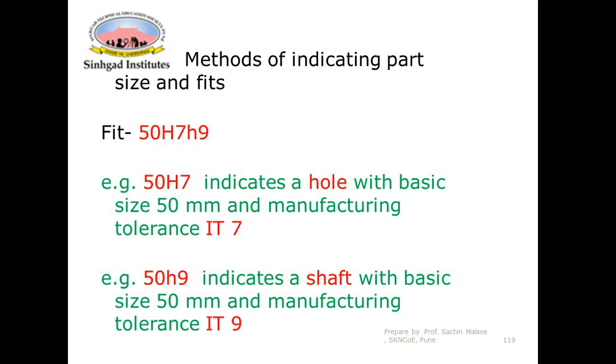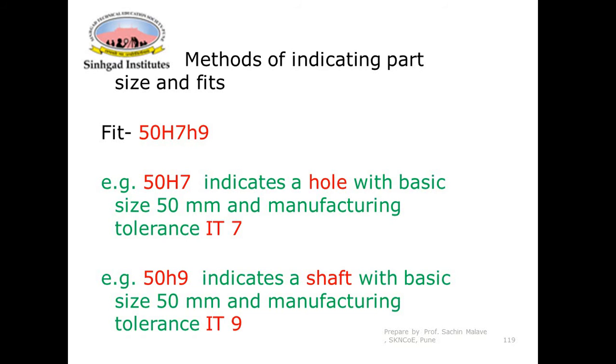So this is one of the methods to indicate the type of fit. What is the meaning of 50H7h9? The meaning of 50H7h9 is that 50H7 indicates a hole. As we discussed, there are basically 5 attributes, 5 parameters of this particular fit. In this, 50 indicates the basic size, H indicates the fundamental deviation for the hole because it is a